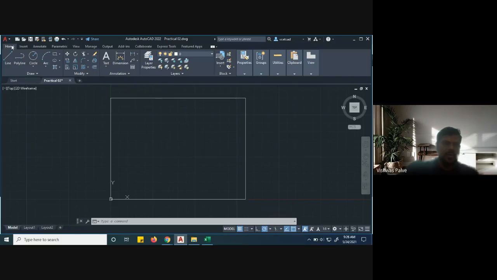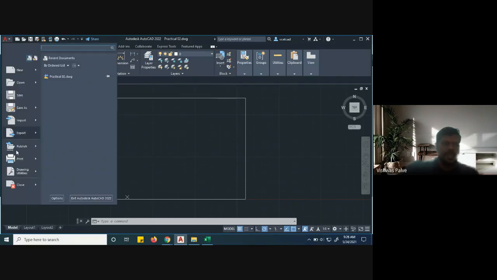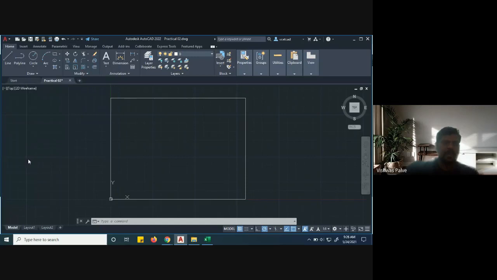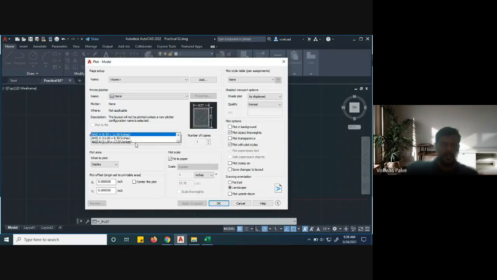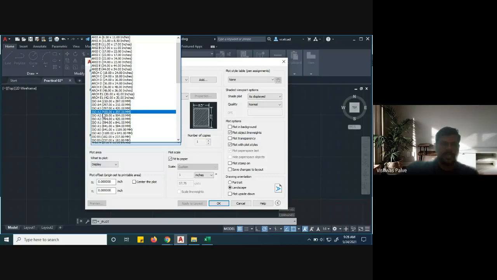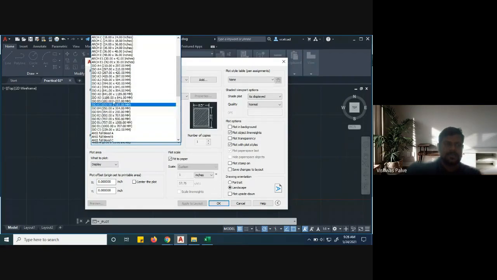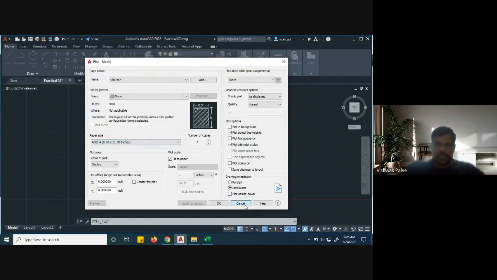Or what you can do, you can set the size of A4 size paper. So from where are you going to get the A4 size or A3 size paper? If I want to use A3 size paper, the coordinates for A3 size paper will be, see here, A3 420, 297, ISO A3. You can keep this as the default, so that while taking printout, it will be convenient. So in the rectangle, 420, 297 will be the upper corner. I'll again show you how to set A3 size paper.